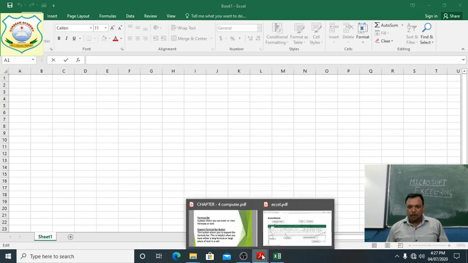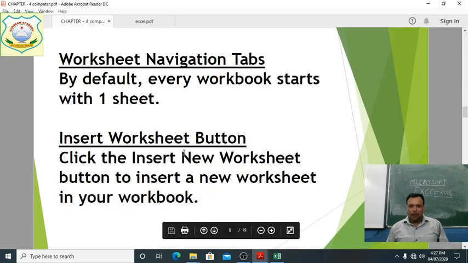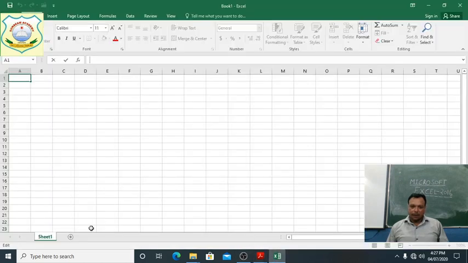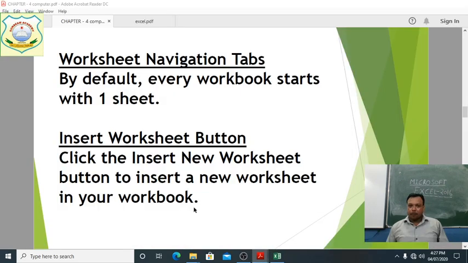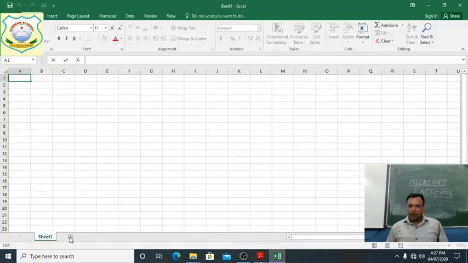Next one is, after the formula bar button, worksheet navigation tab. By default, every workbook starts with one sheet. See here, Sheet1 is given. So this one is the first sheet. Here is the insert worksheet button. Click the insert new worksheet button to insert a new worksheet in your notebook. This plus sign shows that if you want a new sheet,